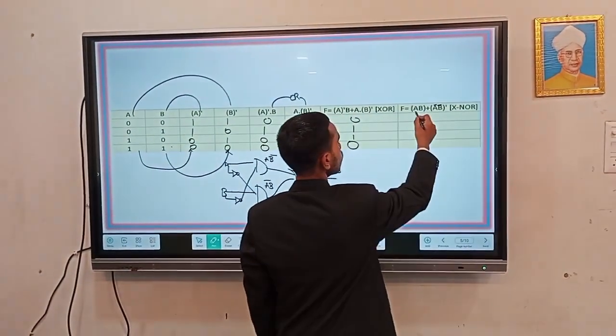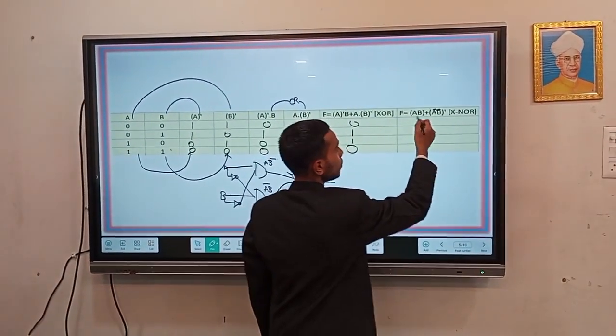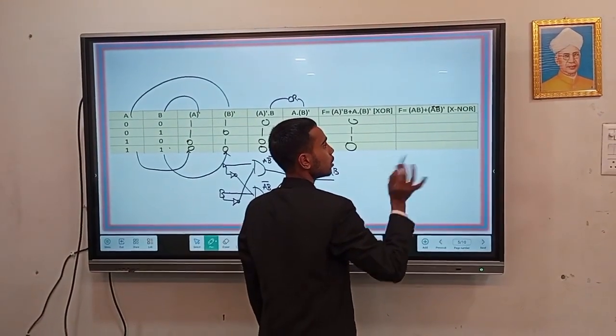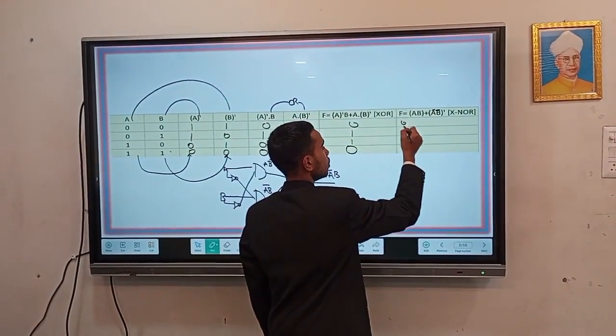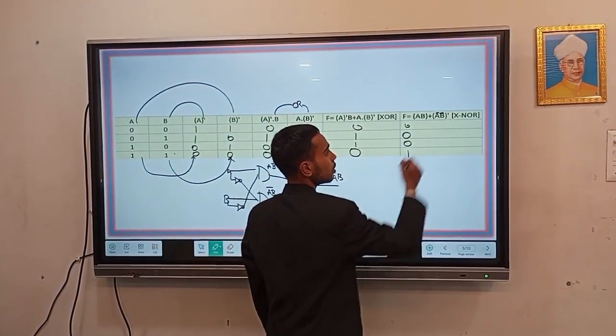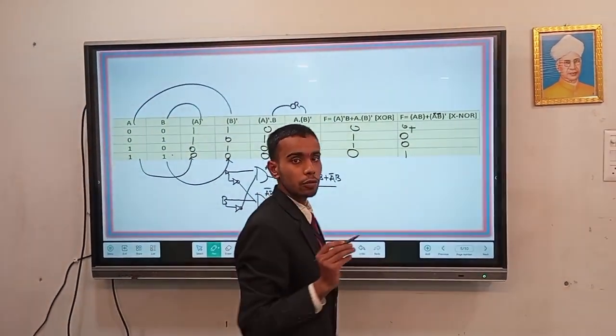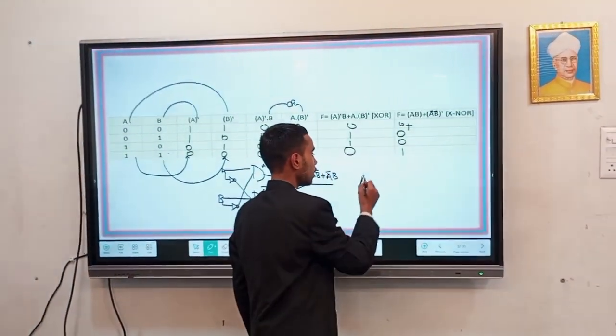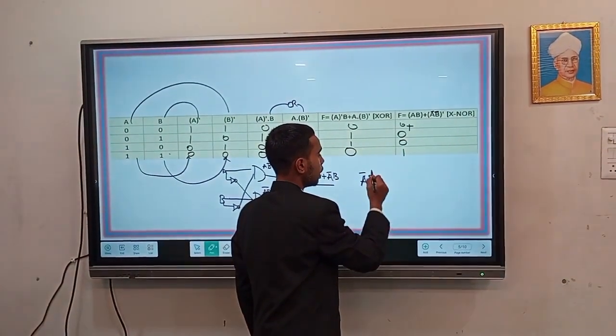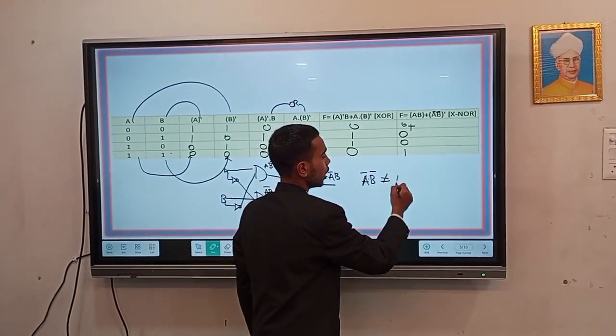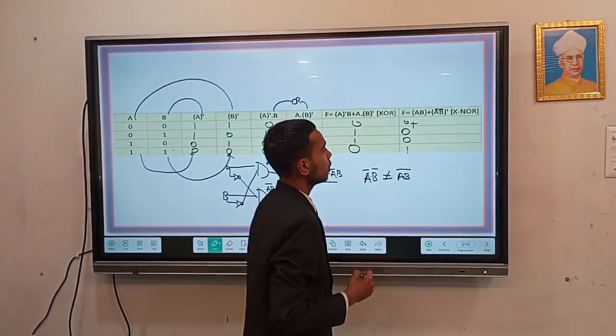The XNOR is going to give AB. So AB is A and B. So the result of A and B was 0 0 0 1, and then it is A complement times B complement. One thing I want to bring to your notice, that A complement and B complement is not equal to AB whole complement. Okay,